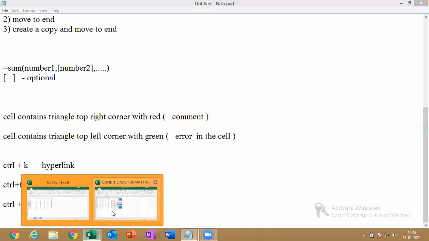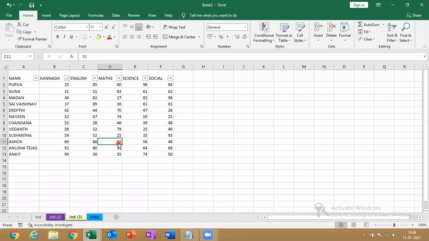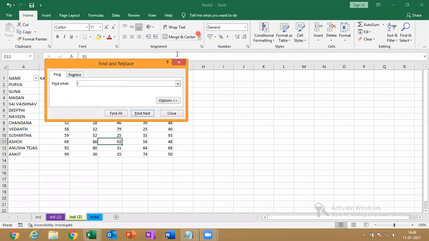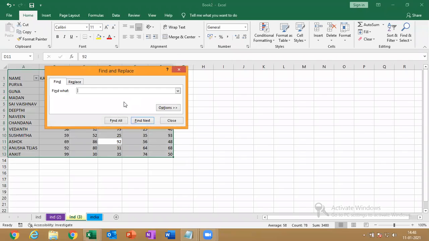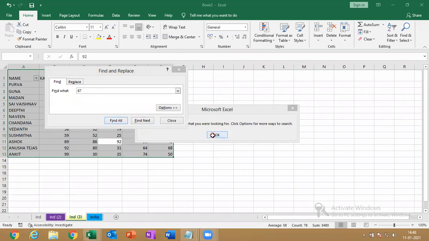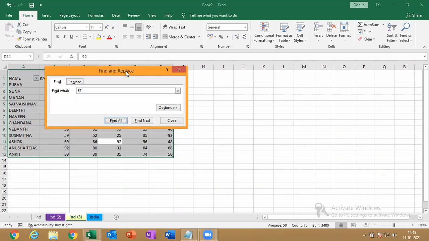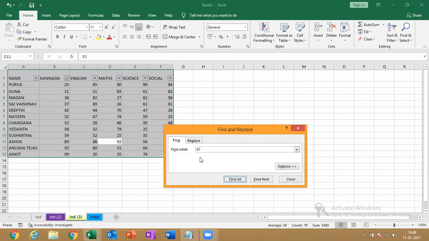Go back here. So Control plus F, find. Let me select all this range. Control F, find. What do you want to find? The values that are 67. Find all values. They're telling there is no value of 67.